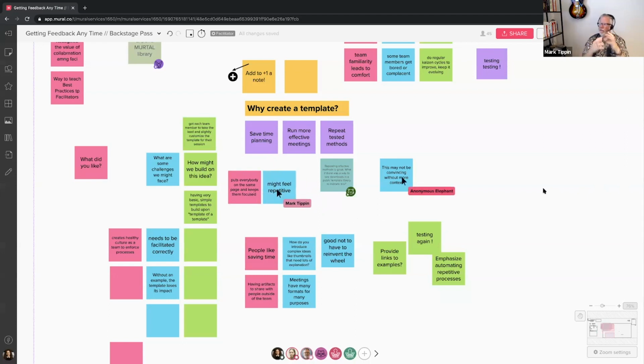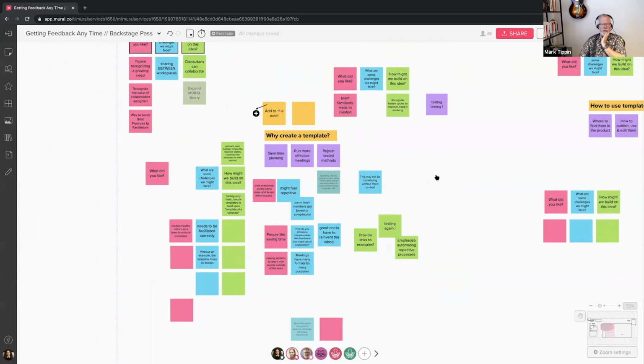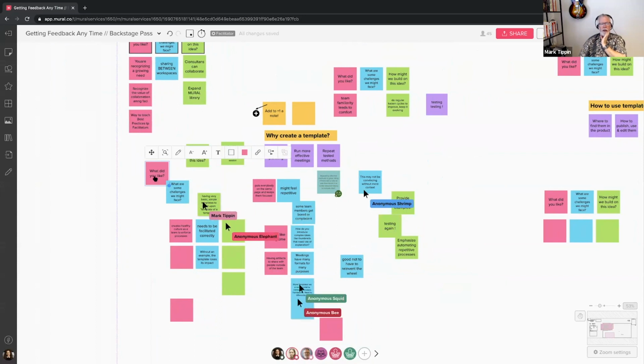So this is an interesting way to look at feedback in the context of both positive and negative, but it's thematic, right? I would invite people that are helping us in the mural, if you see natural affinities between feedback, to begin to cluster them by location.